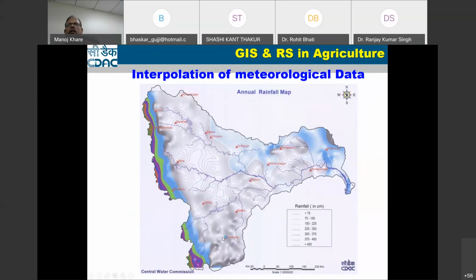You can do this on a regular basis also. Like every day, when data is coming, every day you can generate a map, because your system is set. You just have to do the input and run the interpolation, and it will give you the daily map. That data you can use for planning purposes. So that way you can go for the interpolation also.